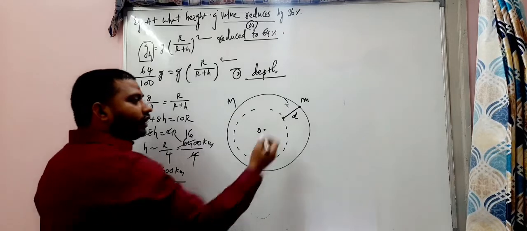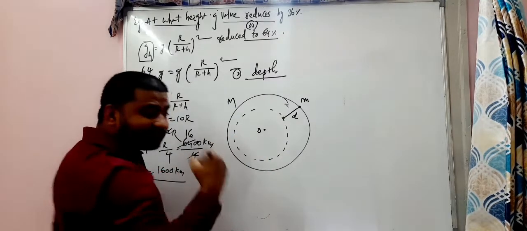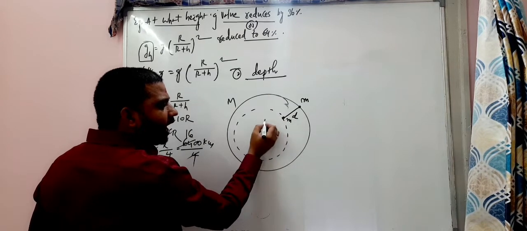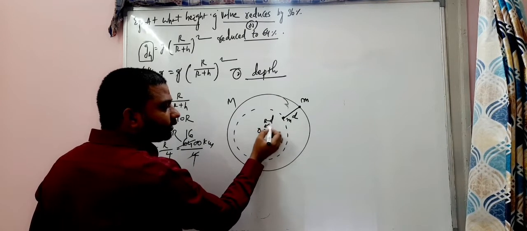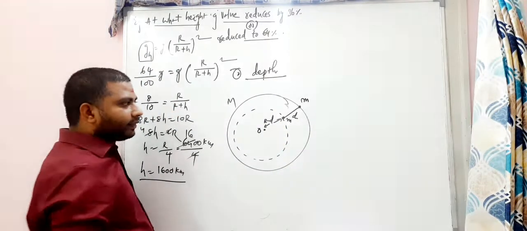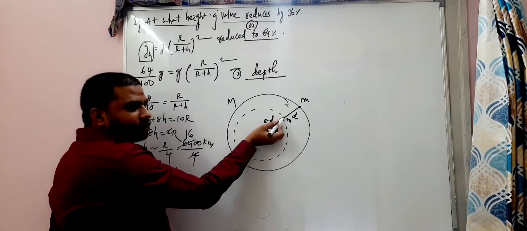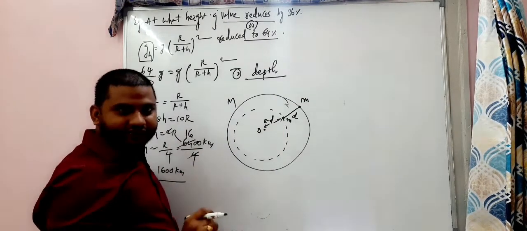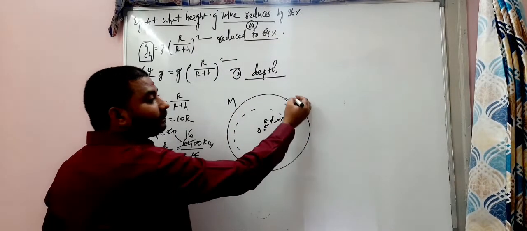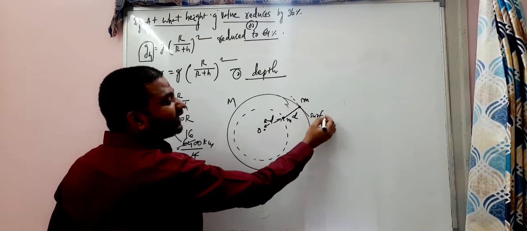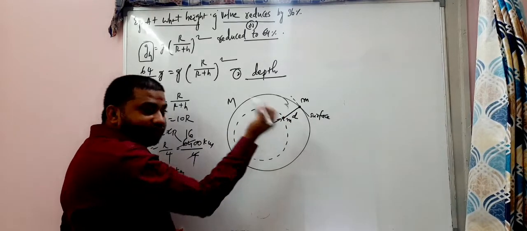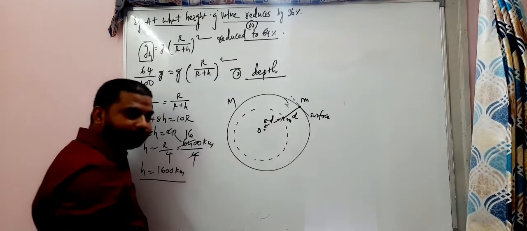Right. Radius R, from the center, the mass is at a distance R minus D. Carefully observe. From the center, now the mass is at R minus D distance. The depth we have brought from the surface towards the center is D. After keeping at this point, the distance between the two masses is R minus D.